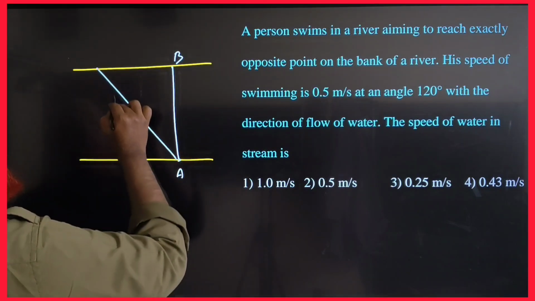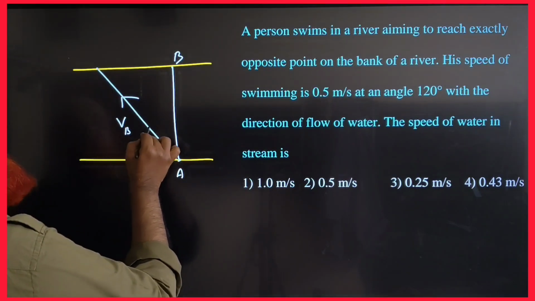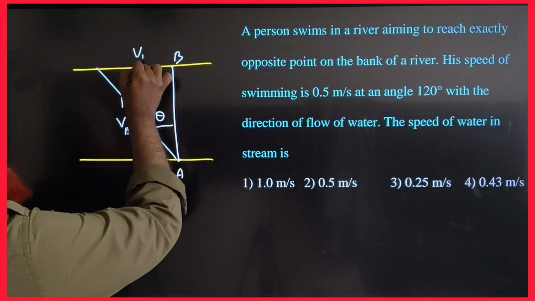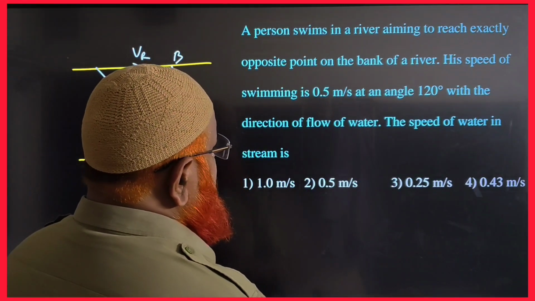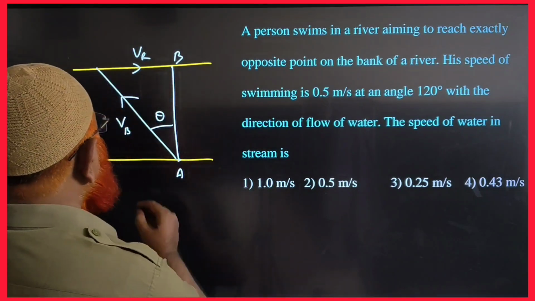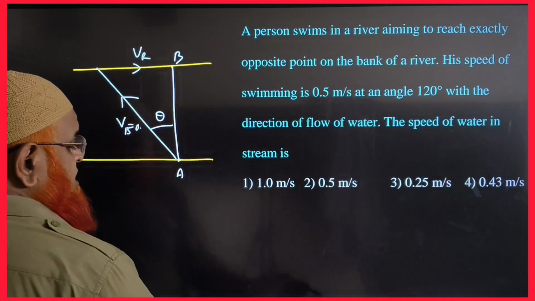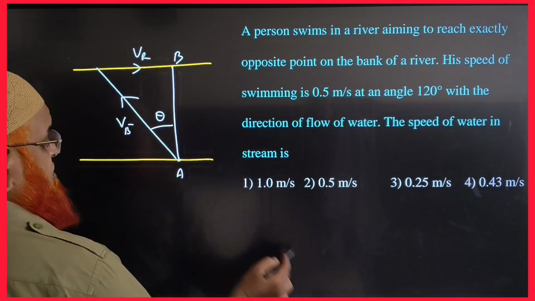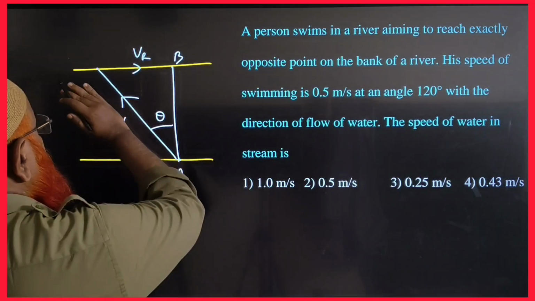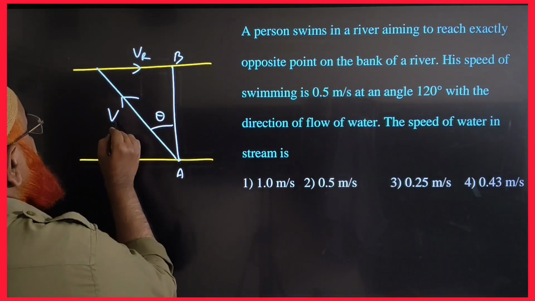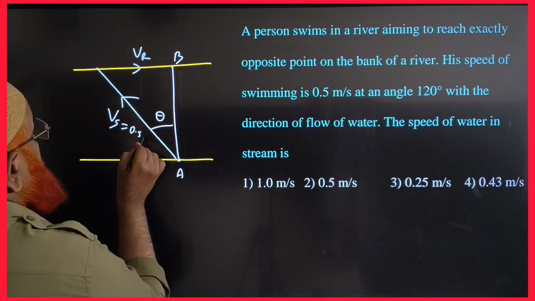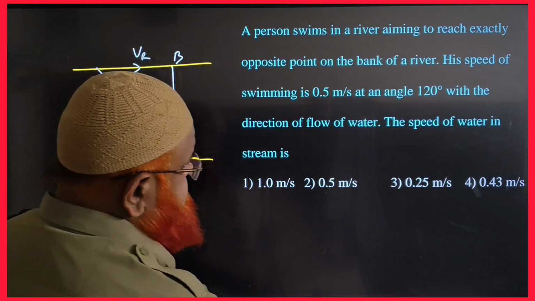Then he has to go along this direction with a velocity of boat, and this is going to be the velocity of the river in this direction. Okay, so he is swimming with a speed of how much? ये हम इसको लिखेंगे. So velocity of a swimmer is how much? 0.5 meters per second. It is given.